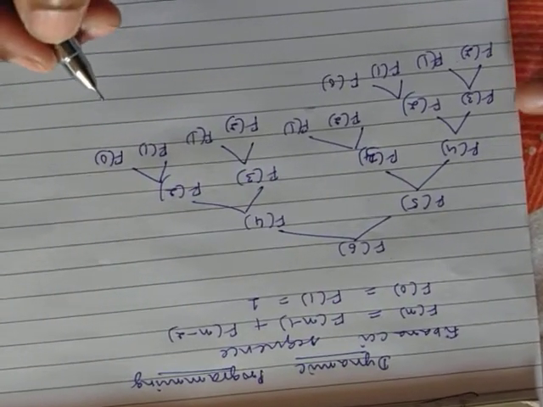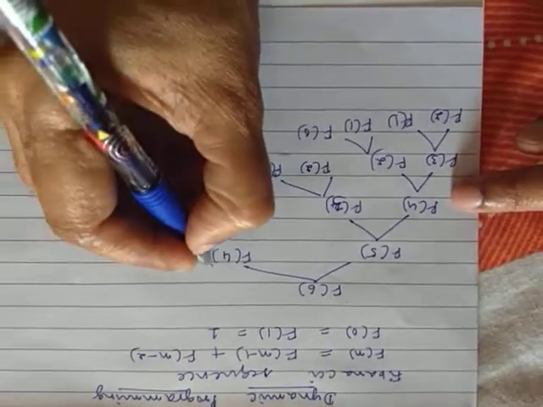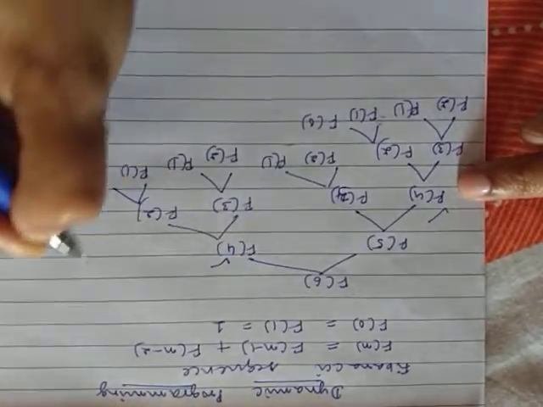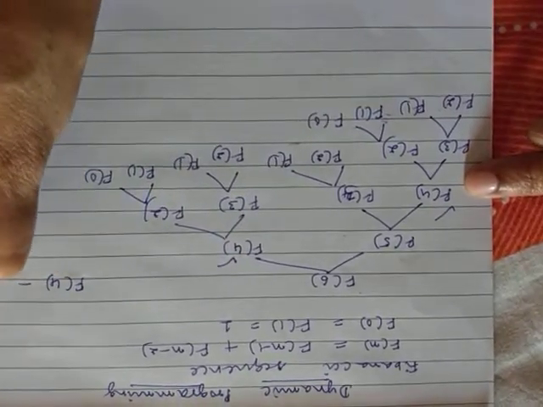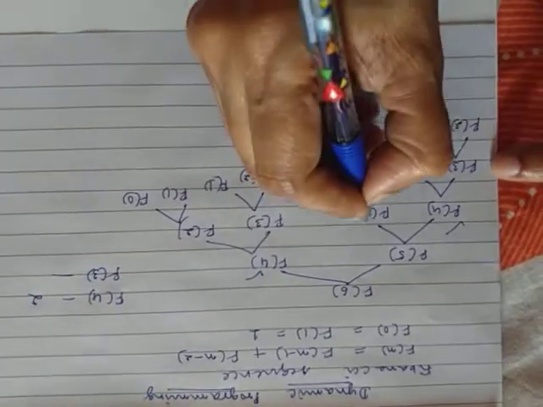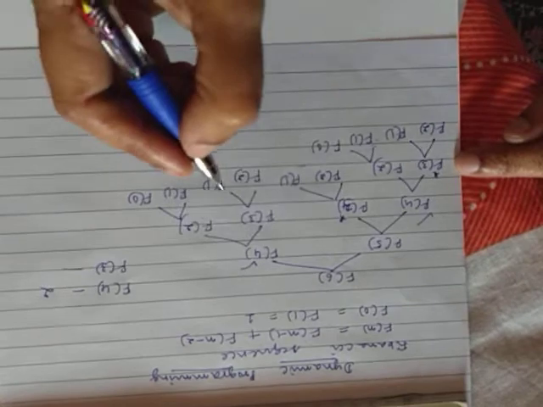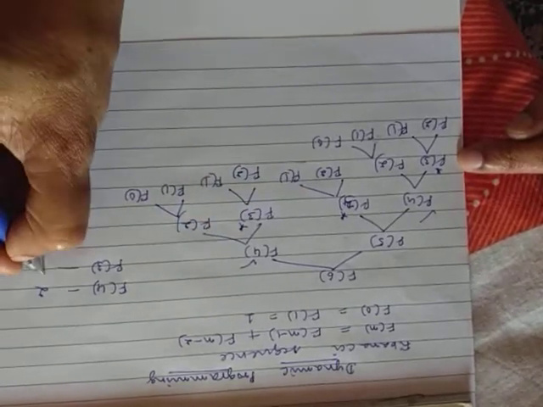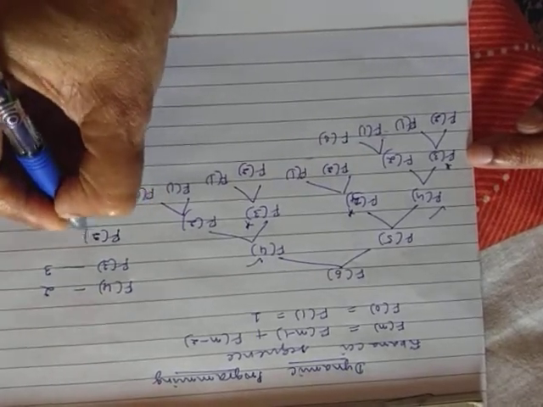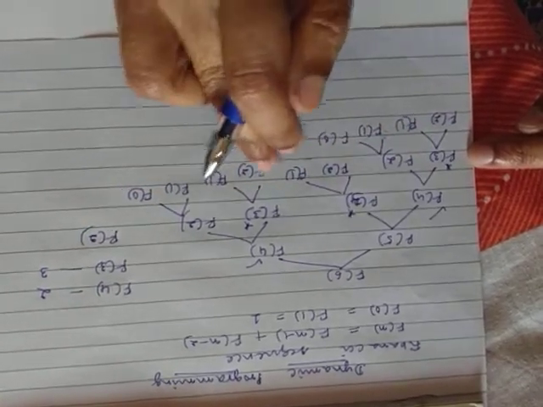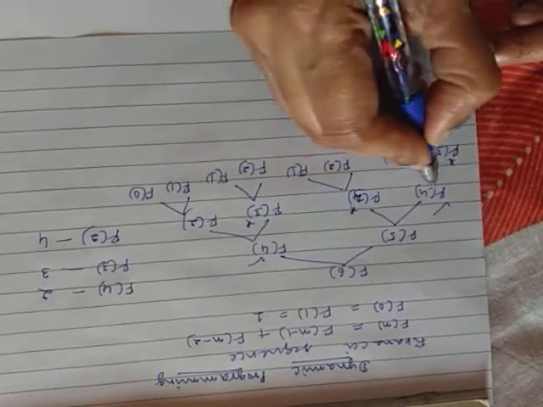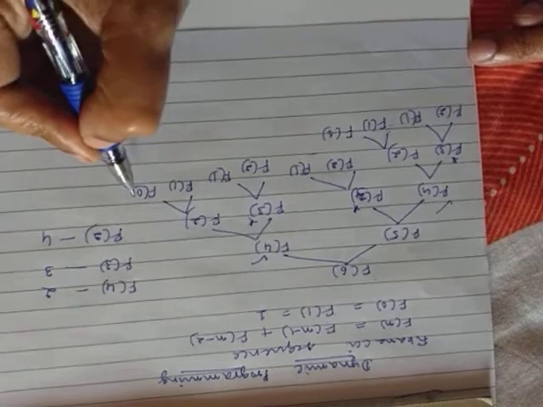If I were to now carefully examine, I see that F of 4 is computed here once, and also it has been computed here. So F of 4 is being computed twice. If I were to look at F of 3, it is computed once over here, a second time, and a third time over here. So this has been done 3 times. And similarly, if I were to take F of 2, would that be once or twice, thrice, and 4 times? So what I see here is that the same sub-problem is being repeatedly computed.